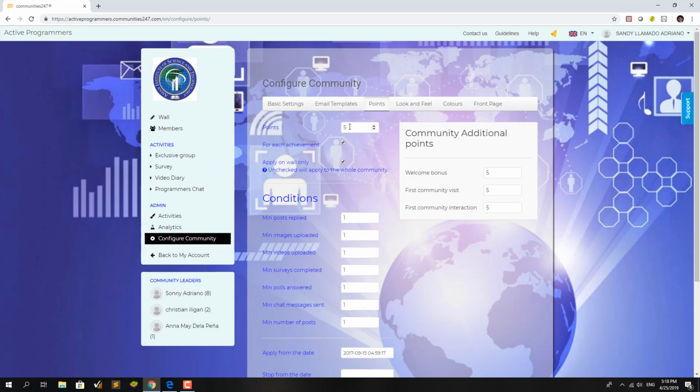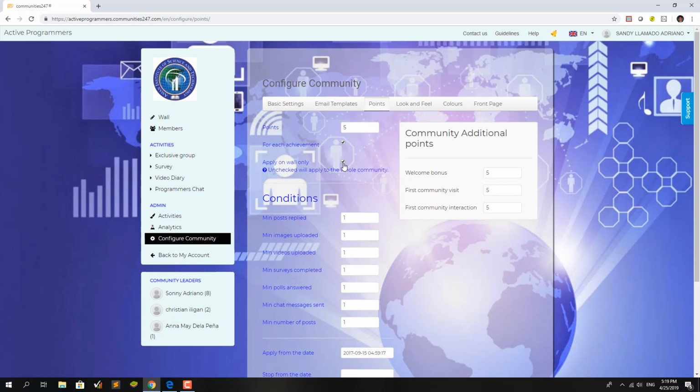If you want to give these points for each achievement, you just leave a tick box here. If you want this point system to be applied to the whole community, including the different activities, you just leave this tick box here unchecked.